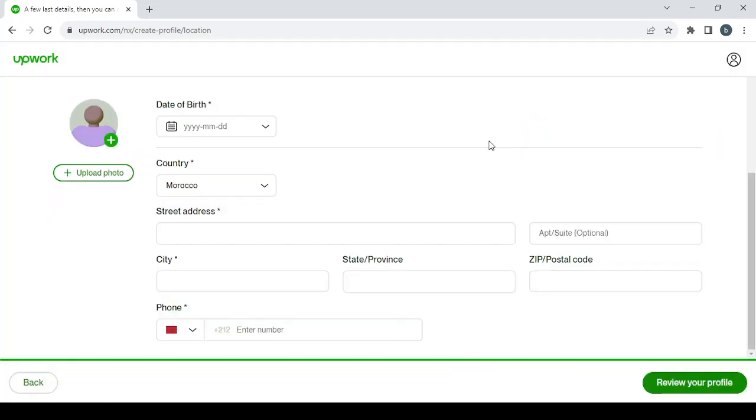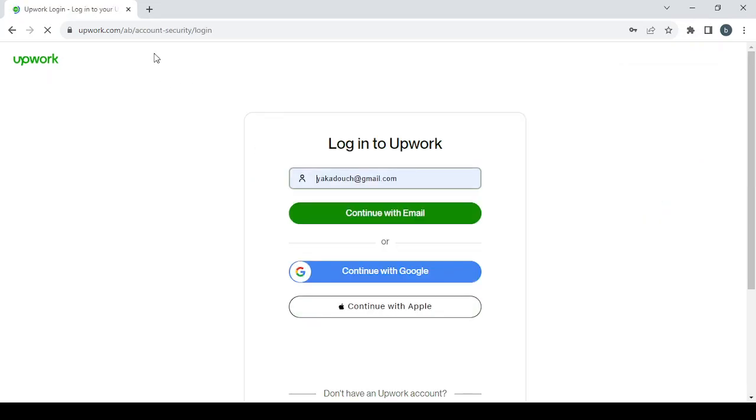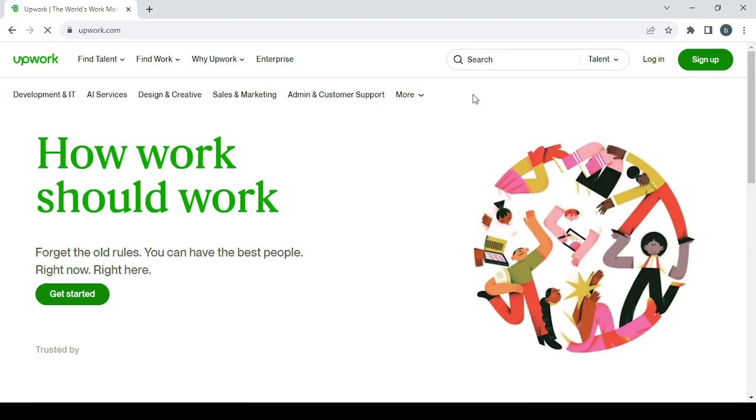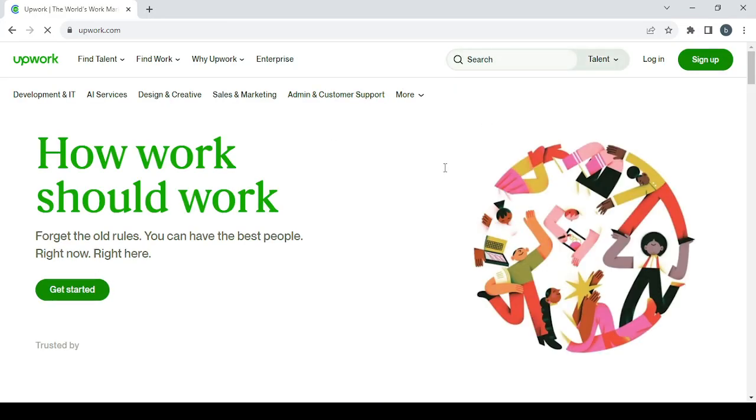And after you're done with creating your profile, I will show you how you can improve it. So I'm just going to log out to show you how you can improve your profile. You don't need to log out yourself. I'm just trying to reach the main page to show you how you can improve your profile. So here, this is the main page. Go to the search button in here and type your profession or your skill, which is WordPress blogger. Just type it in the search box